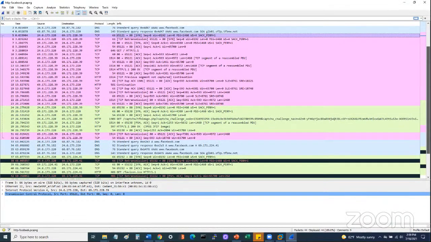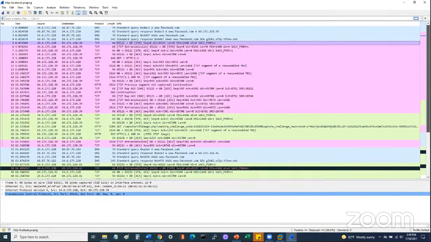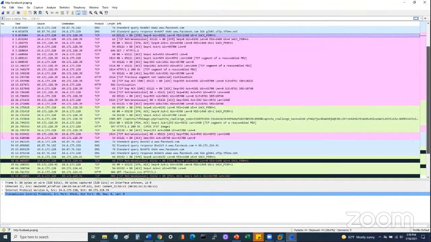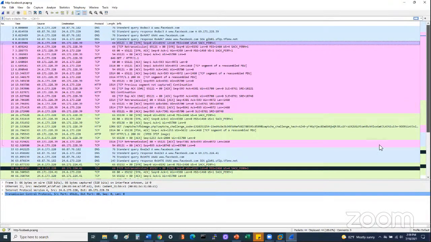That'll allow you to identify the traffic that's part of that conversation. This is not that serious when we're looking at a packet capture that only has 44 packets. But if you've got thousands, you want to make sure that you have everything that is part of that same conversation.